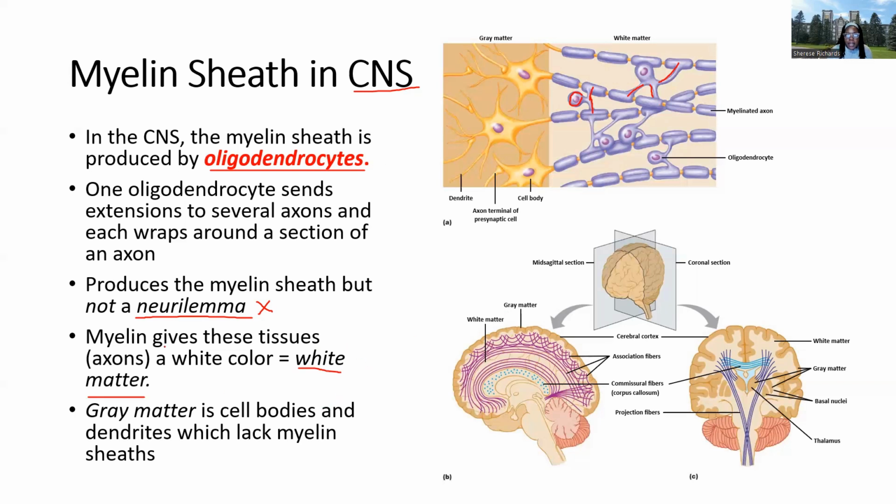And so the myelin is going to be the axons. Okay, the gray matter is going to be the cell bodies and the dendrites that lack myelin. Okay, so the myelin sheath,